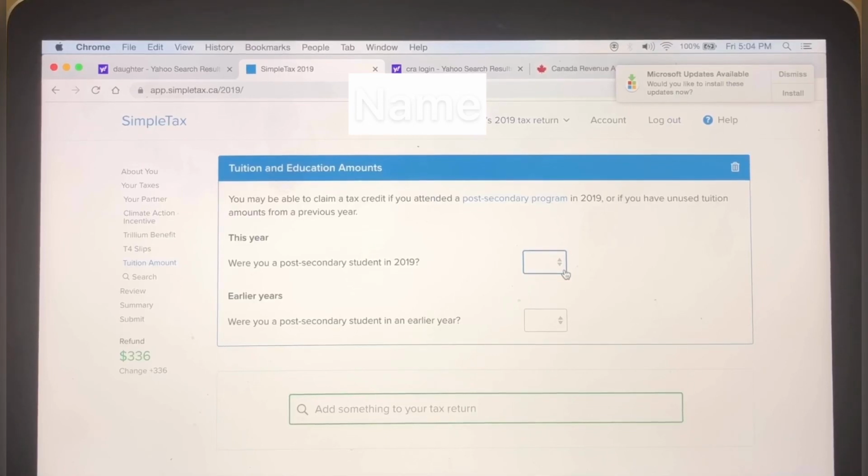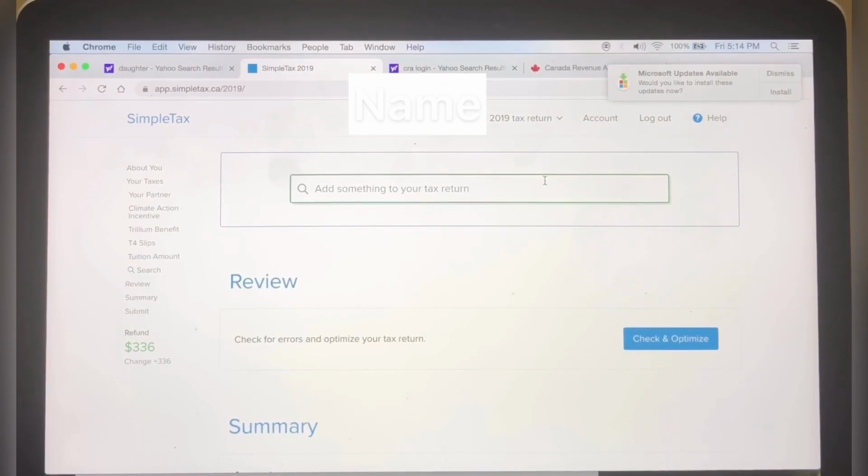If you are not sure how much the amount is, you can call the administration office or you can check it online using your account. In Ontario, they stopped taking transit passes, but if you are living in different provinces, you can still claim public transit.